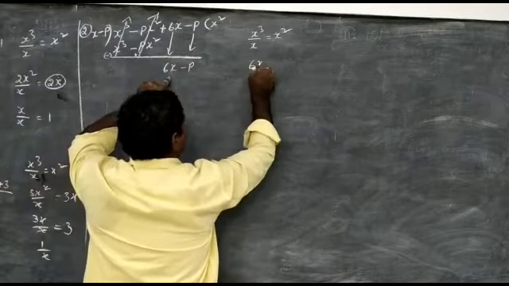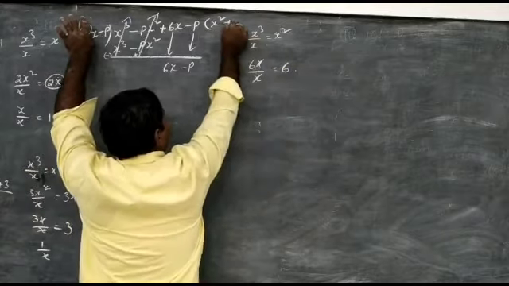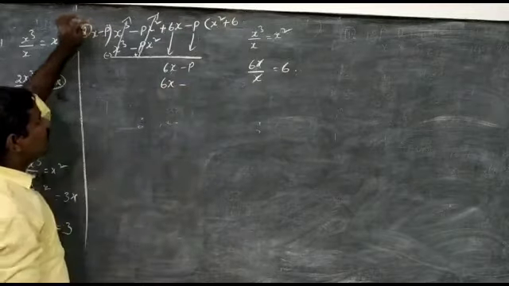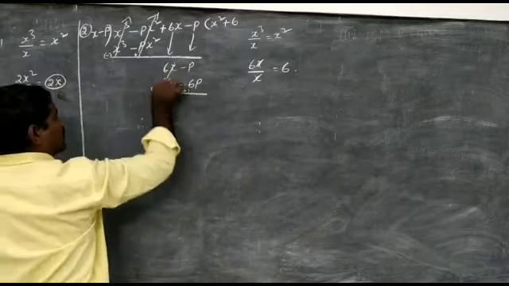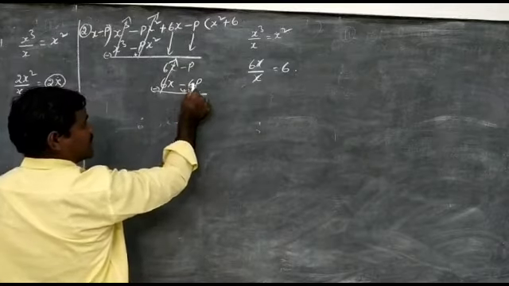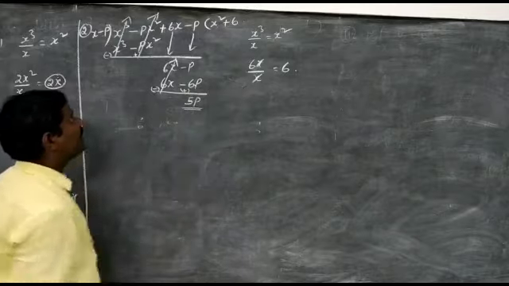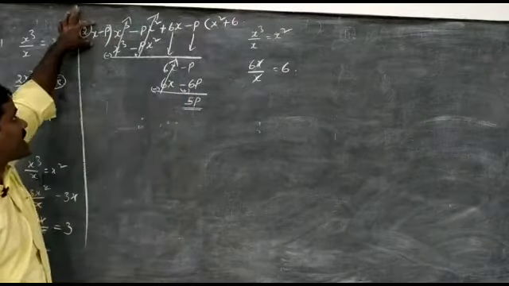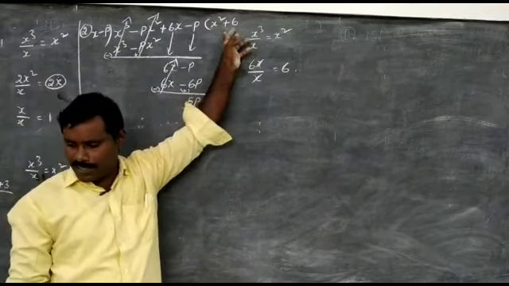Now 6x by x, we get 6, right here plus 6. 6 into x is 6x, 6 into minus p is minus 6p. Now symbols change, same terms and different symbols cancelled, plus 6p minus p, plus 5p is the remainder. When x cube minus px square plus 6x minus p is divided by x minus p, the remainder is 5p and the quotient is x square plus 6.